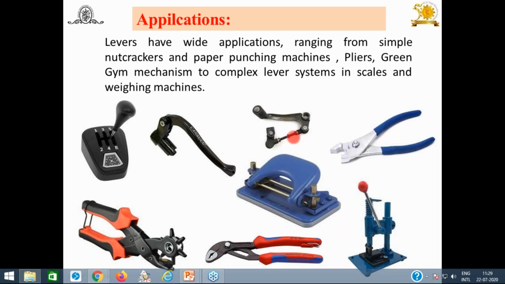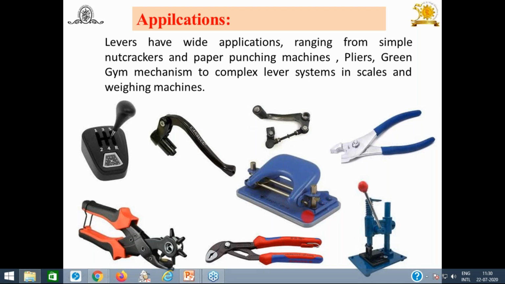Again you will find this is the mechanism of the lever to operate it. It's a bell crank lever actually. Look at this: 1, 2, 3. I will show you how to design this in the next slide also. Then this is the punching machine. Generally we use it for punching. We are going to put the effort. Again, how it is going to punch a hole in a paper. So you will find the pivot as well as the punching here.